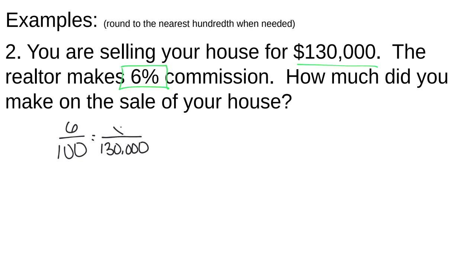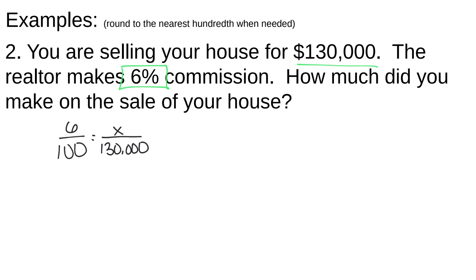Then this is going to be my x. Now let's think about what this is going to solve for us. This 6% has to correlate with this x. 6% is the part that the realtor gets. So this x is going to tell us in money, what part does the realtor get? Now we're going to have to do a little bit more work because we want to know how much you